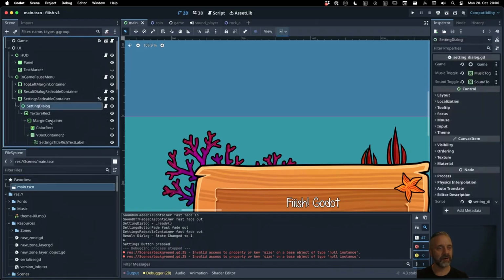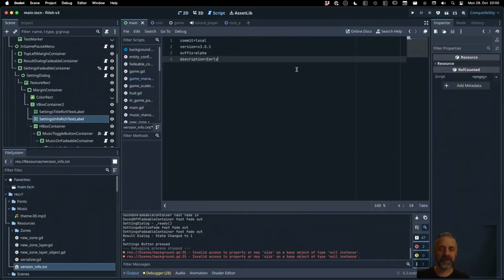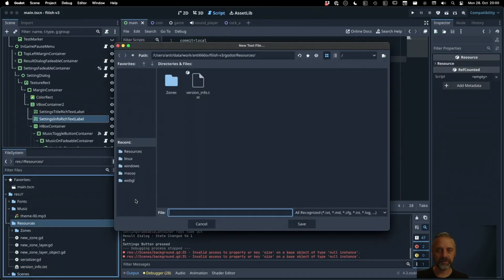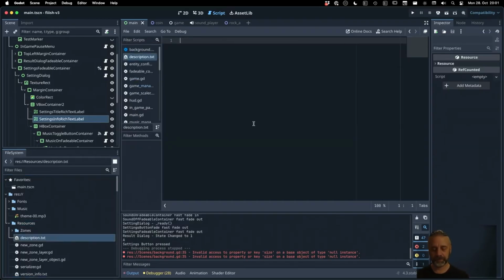Settings dialog, info, early test text for playing, right? I mean, maybe that's the template. I'm not sure, right? Because this is automated, and maybe we just have a second text file here, right? So with description.txt, and maybe we just say this and it gets appended, or